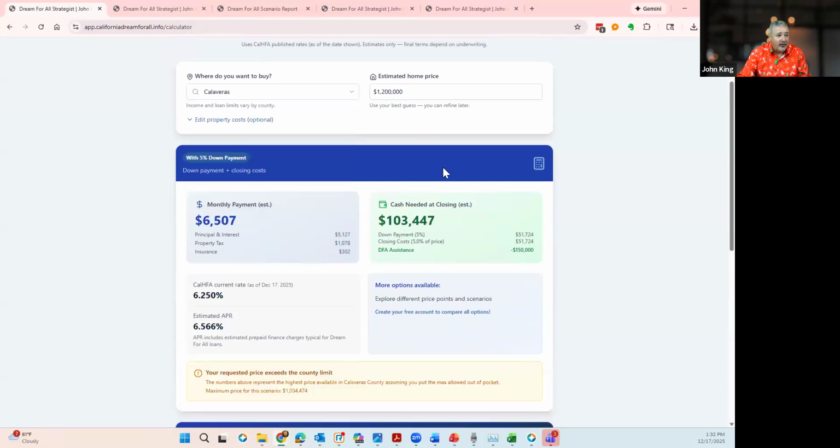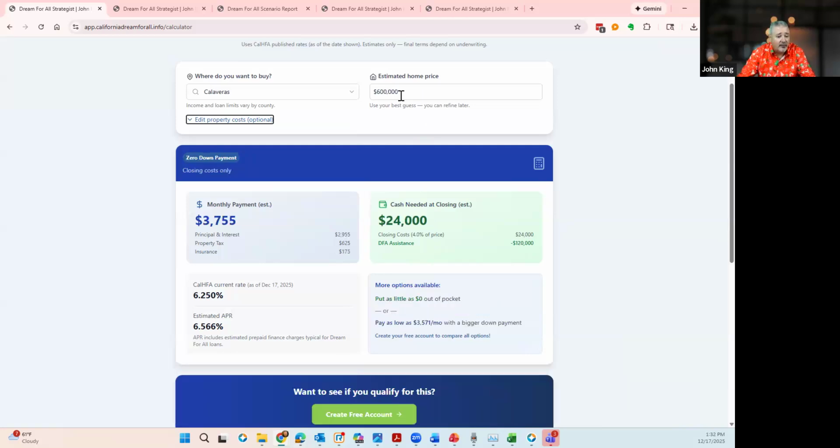Let's say you're buying in real life in Calaveras County. Okay, well, Calaveras County, the highest price you can buy is $1,034,000, just because of the loan limits. But let's pretend you're being realistic and saying, I want to buy a $600,000 home in Calaveras County. Awesome. You can buy a $600,000 home in Calaveras County. Your payment's going to be